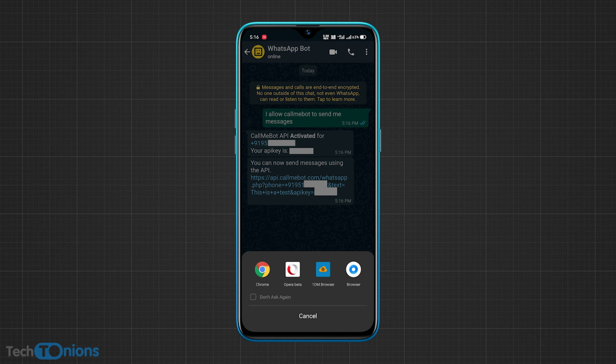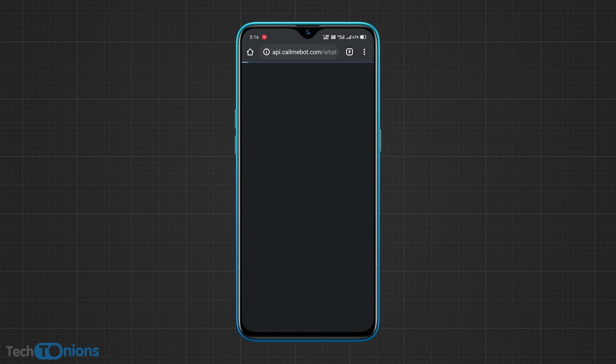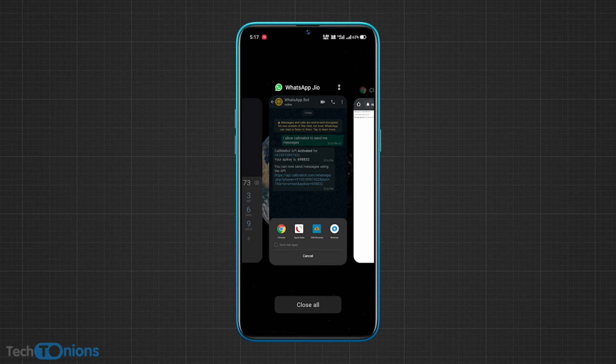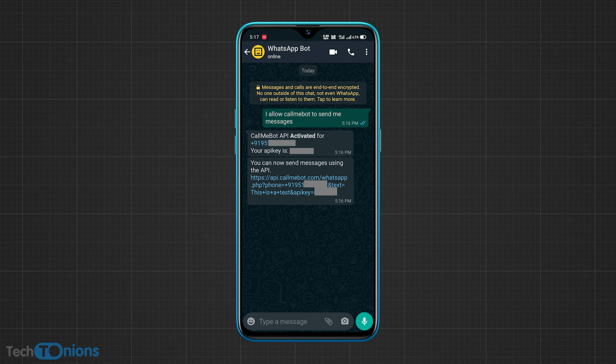So you can click the test link in Chrome, and you will receive a message in your WhatsApp. So over here it's saying the message has been sent successfully. So you should receive a "this is a test message" on your WhatsApp bot. Yeah, so the test message has been received successfully. So our WhatsApp bot has registered successfully, and we can now head toward the ESP32 programming part.